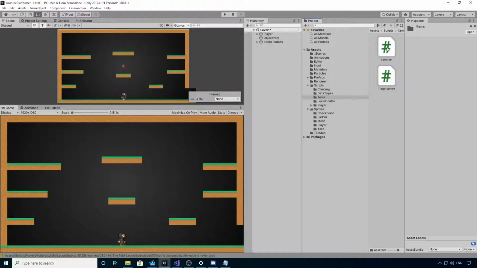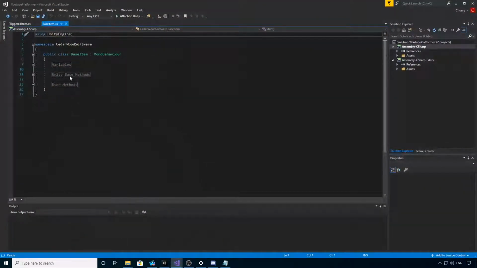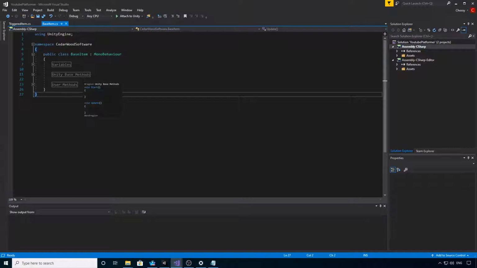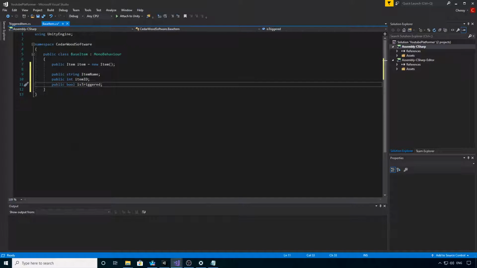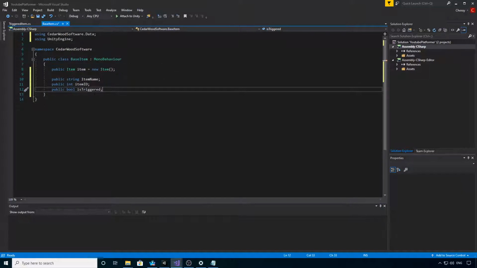Once you've created those, open the base item up in Visual Studio and we'll set the base item up. We can get rid of all of this, and we'll just paste this in. Just need to use Cedarwood software data. If you've namespaced your system, then you'll have to add the namespace like I did there, but we're going to